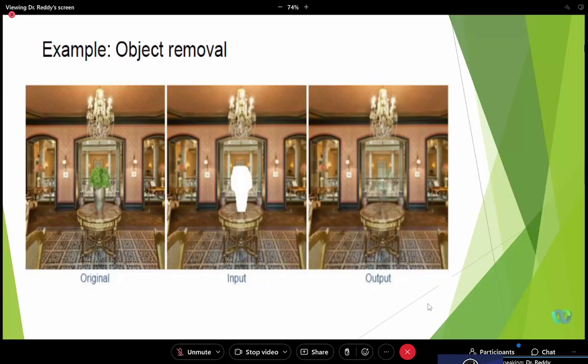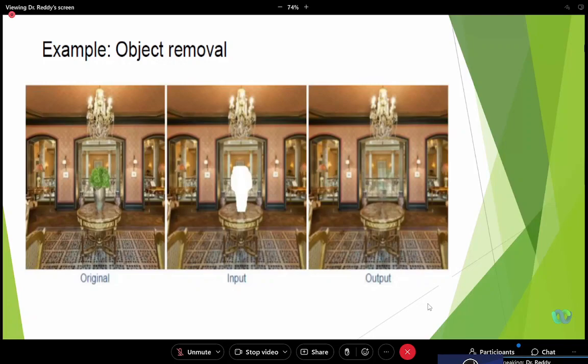Here, there is an image with a missing object, and you have to reconstruct the image by deleting the object region completely, such that the image should look like how it would look if the object were not there. So mainly you have to reconstruct the background of the image portion where the object region is missing. If you take a flower vase on some small table, and the flower vase is missing, how can you reconstruct the image?